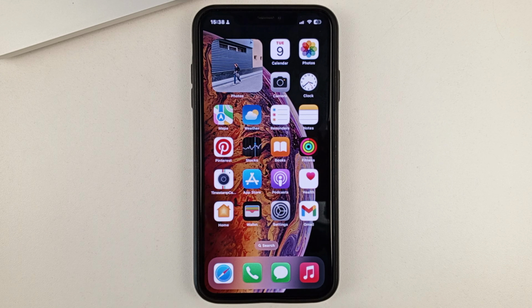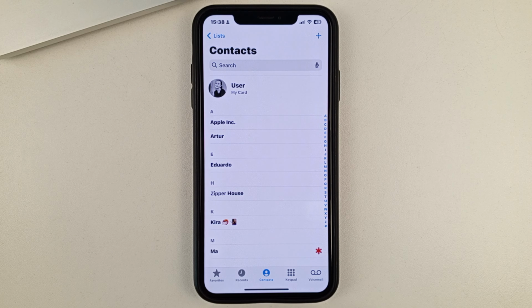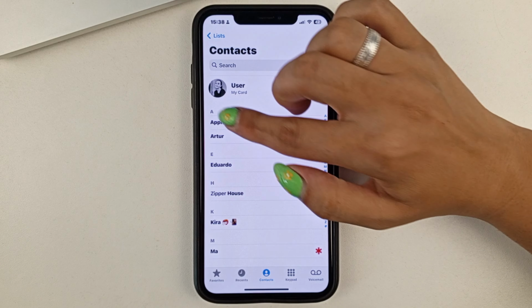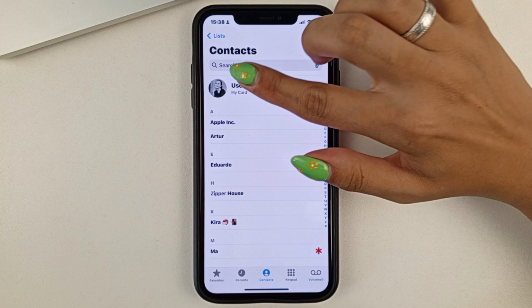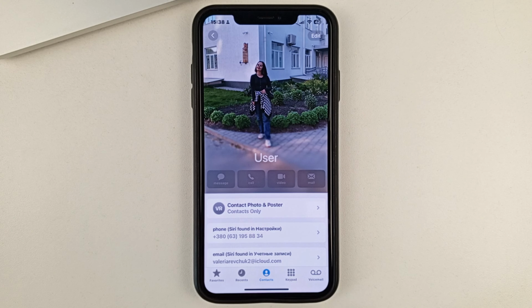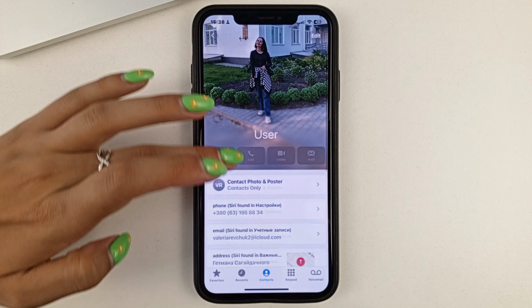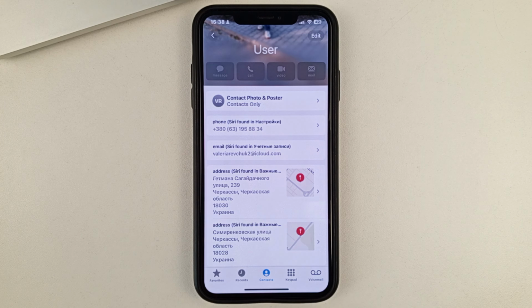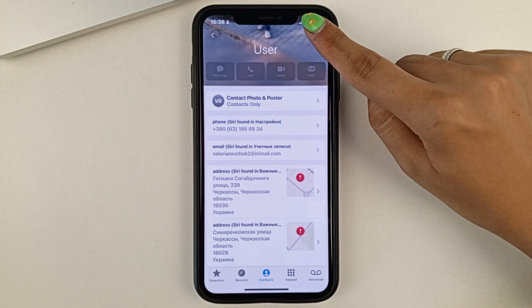You'll also be able to change it by simply going to the Phone app. Next, go to your contact. Next, click on your image. And here you will also be able to find your phone number. Click on it or edit it.